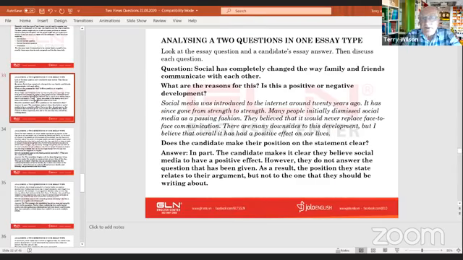So let's have a look at this essay question. And we're going to do a kind of little investigation here of what the candidate has done or not done. So a question, social media has completely changed the way family and friends communicate with each other. What are the reasons for this? And is this a positive or negative development? So this example here,